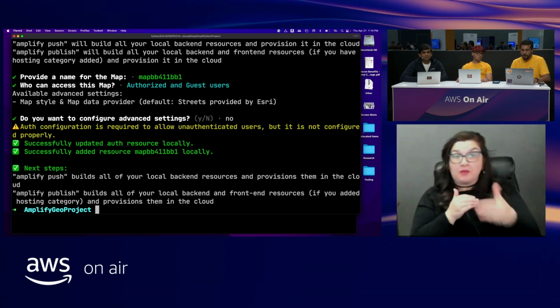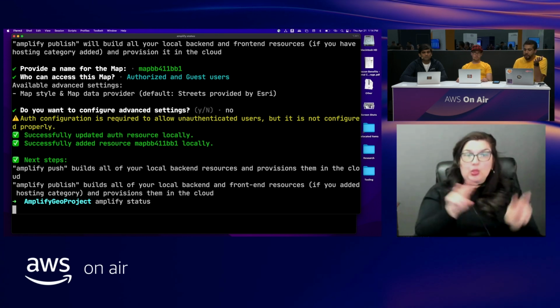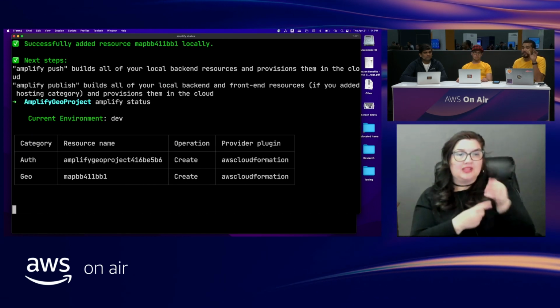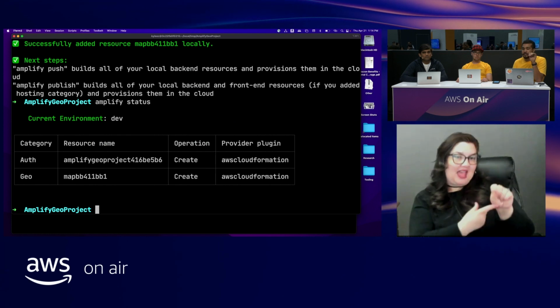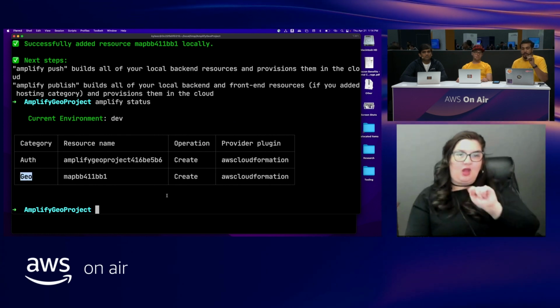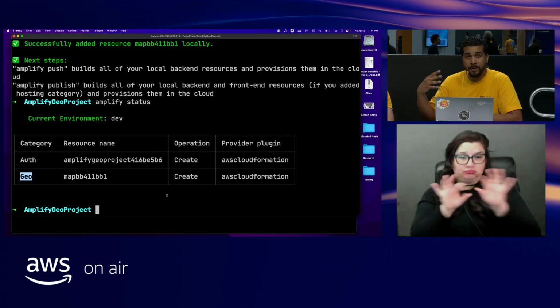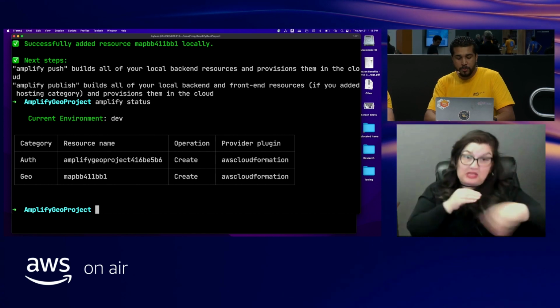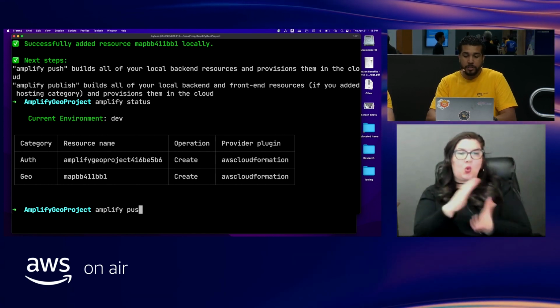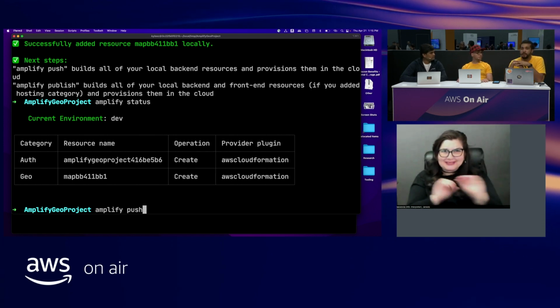Once we have all of this set up, what we can do is we could take a look at what we've done so far by using Amplify status, and that will actually show you what we've added so far. The two categories are going to be auth and geo. So once you're done choosing all the different categories, or you can add them down the road as well, what you'll do is you'll run Amplify push. Yeah, now, this hasn't actually done anything yet, right? Yeah, this is only building a configuration locally.